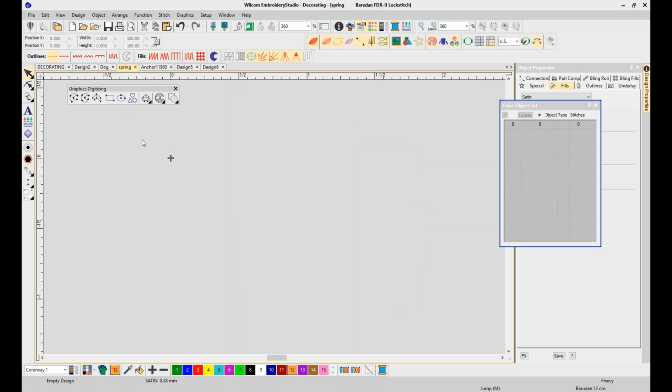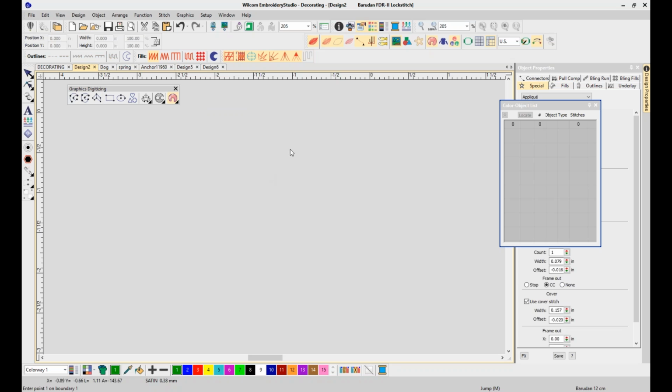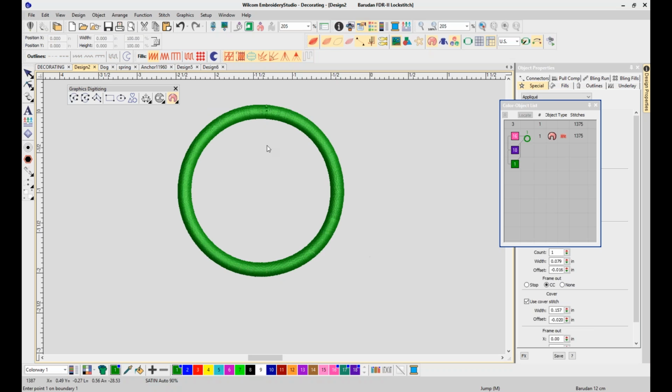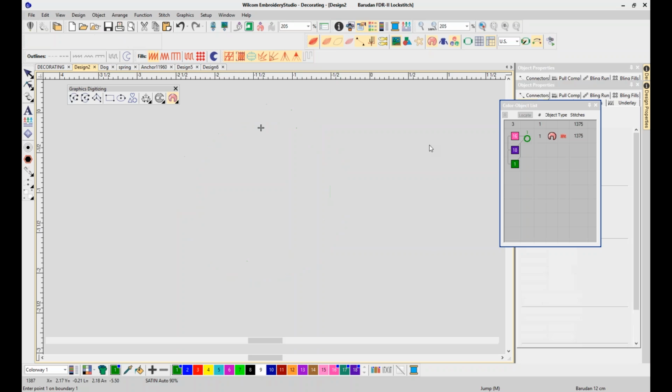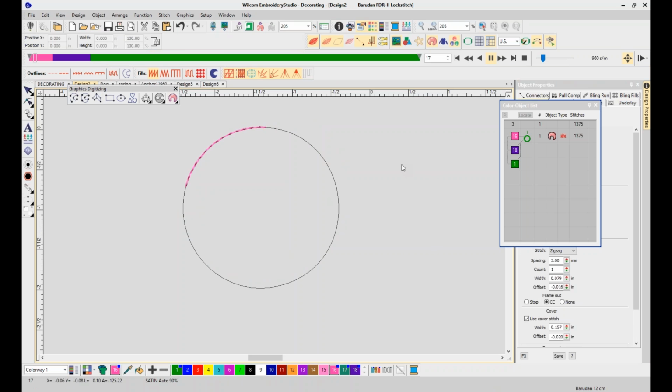You could also do, you can add holes to the shapes, and we can also create appliques. I'm just going to make a quick circle on the screen, and here's your applique. So if I took it through the redraw, there is that guide stitch,